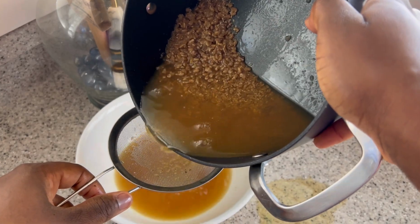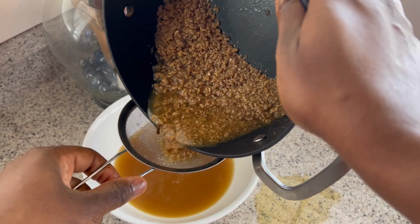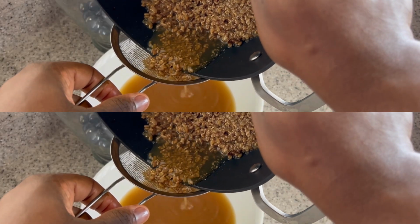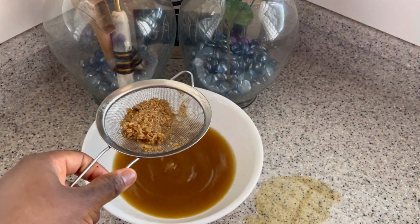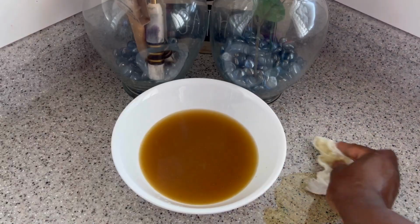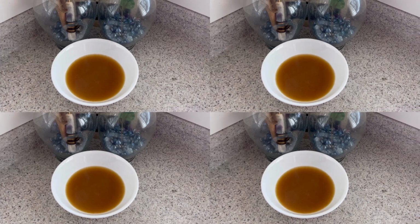So at this point, I'm going to sieve it and I'm going to do it this way. I'm just going to use my strainer and pour the water out of these two ingredients. We do not need the other ingredients. You can use them later for a hair mask or whatever you want to use them for. But today, we just need the water from it. And I'm going to show you the best way to use this to help prevent hair breakages, hair fall, and